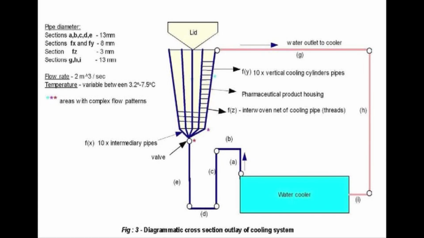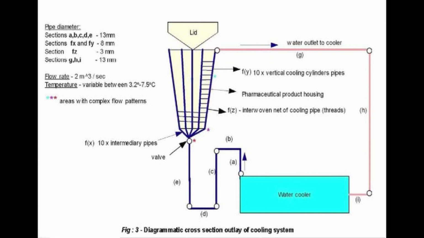Here is the cross-section outlay of the pharmaceutical cooling system. Pipe diagnostics, total length of 154 meters. This is a diagrammatic representation of the system consisting of